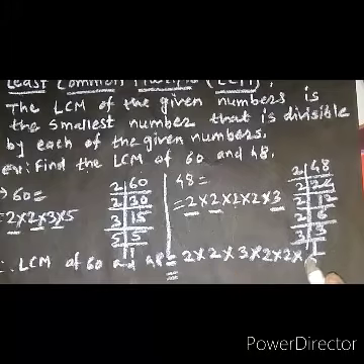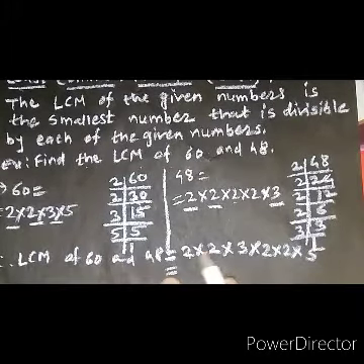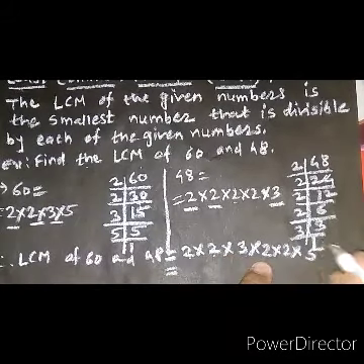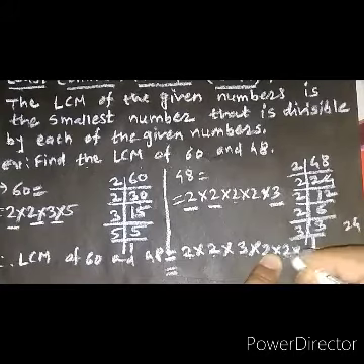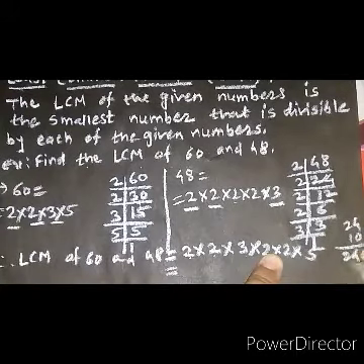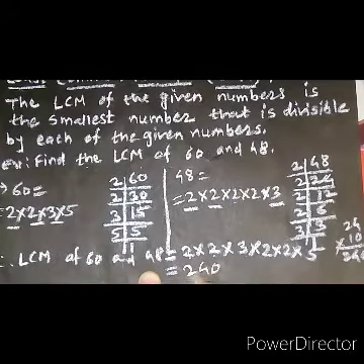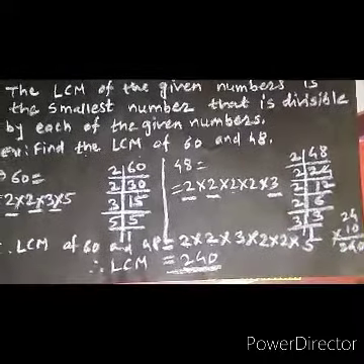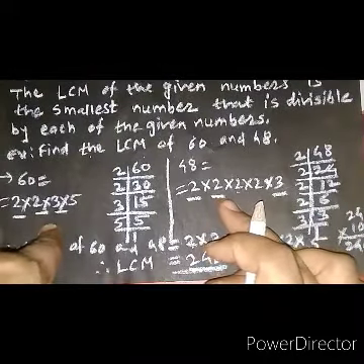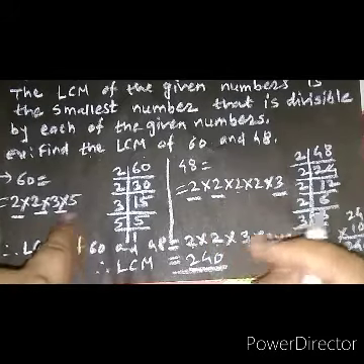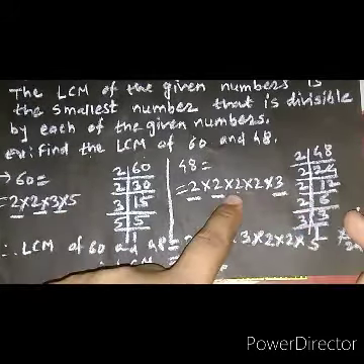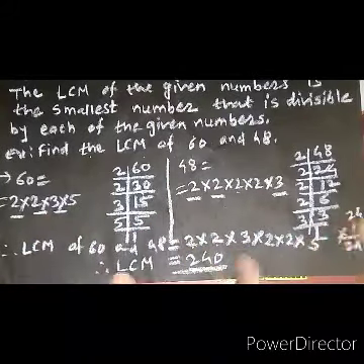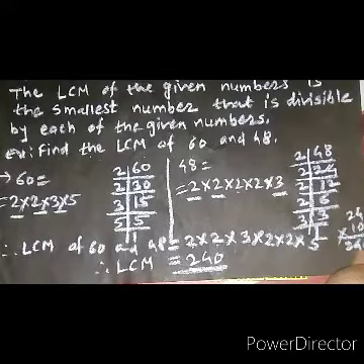So we have to write the multiplication of all these numbers. 2 2s are 4, 4 3s are 12, 12 2s are 24, and 24 5s are 120, 120 2s are 240. That is, we got 240, and 240 is the LCM. So LCM means first we have to find the common divisors and write them once, and the other numbers also we have to take, 5 into 2 into 2, and the common 2 into 2 into 3, and the multiplication of all these numbers is called LCM.